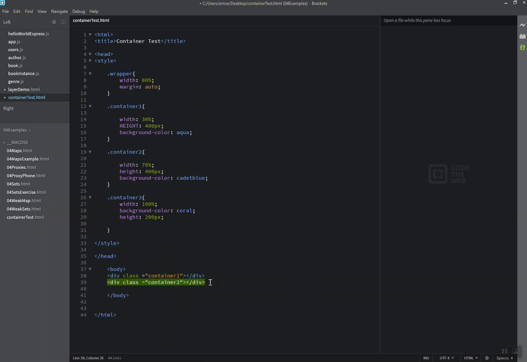And the third one we want is container 3. Oops, we need the div. Just like so. Now, if we were to view this, what I'll tell you is we are not quite there